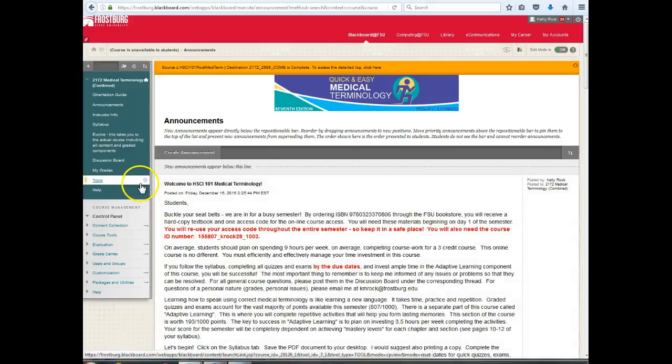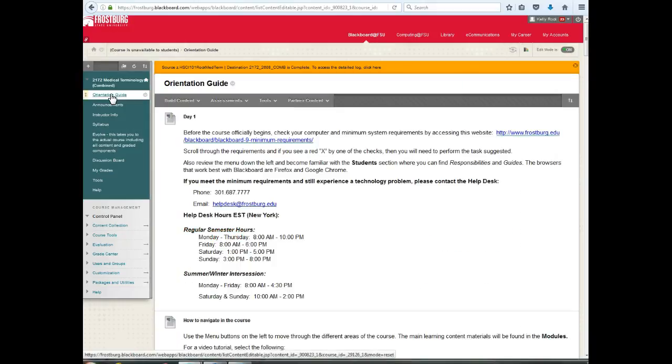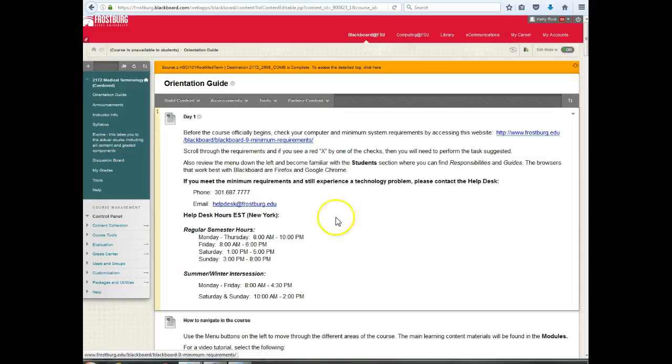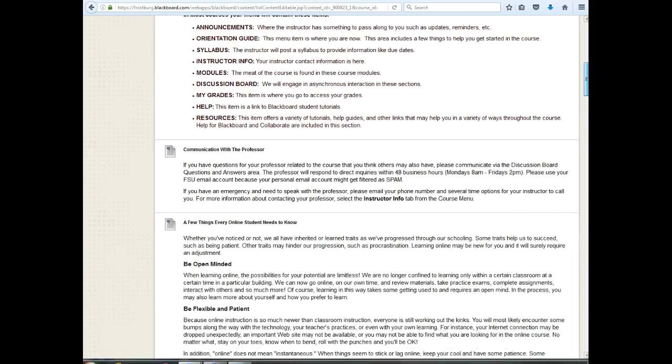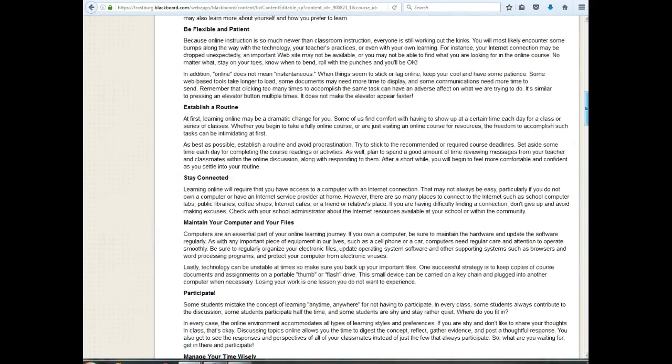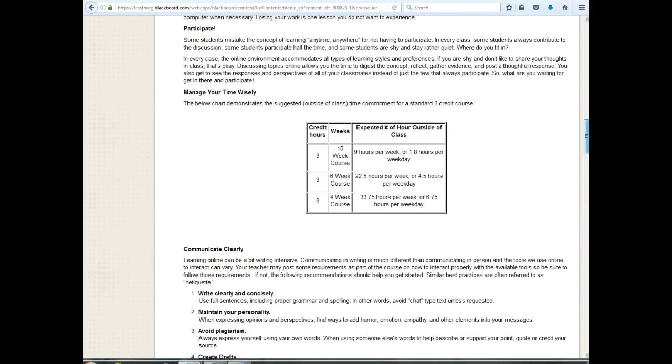Okay, so if we take a look at the upper left-hand side of the screen, you're going to see that this is your Blackboard course shell. The first item listed is the orientation guide. Now, this is a part of the Blackboard course that is included with each and every single Frostburg course that's offered online. This is not specific to this particular course. It basically just gives you some fairly generic information that most folks don't find too incredibly important,